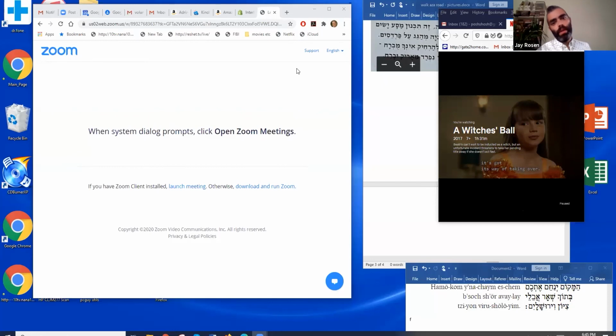Okay. As I wrote in the chat, chaser li ochel, right? As you see, chaser is referring to ochel. So what is absent? The food is absent. Li is where I fit into this. But otherwise, chaser gets conjugated based on what's missing or what's absent. So chaser li ochel, literally, you could translate this as absent to me is food. But in proper English, we would say I'm lacking food. If the word I'm talking about is feminine, it would be chasera. If it was plural, chaserim, chaserot.